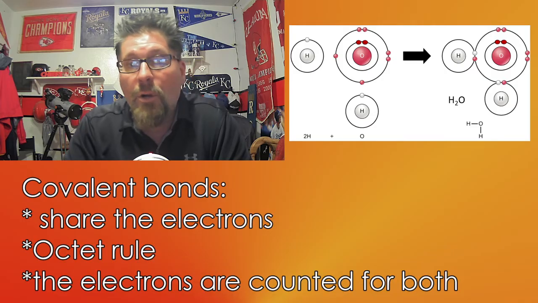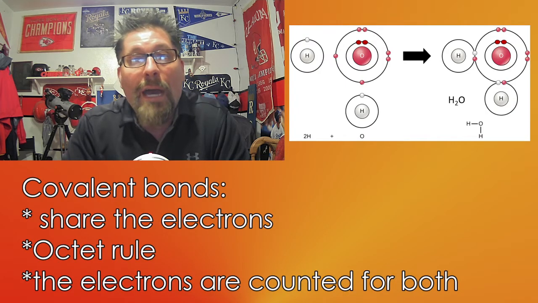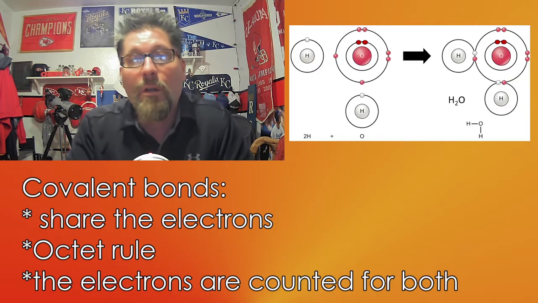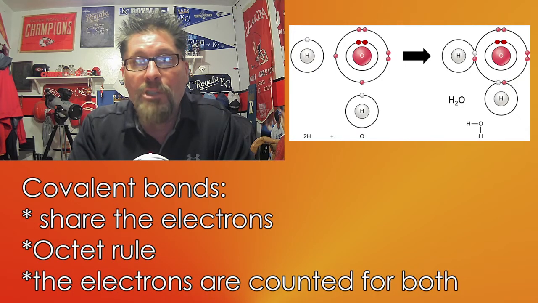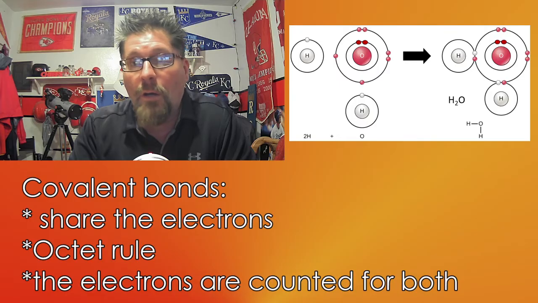Now, when we're talking covalent bonds, we're talking bonds that occur where the atoms share the electrons. You can see in our diagram that we've got two hydrogen atoms and an oxygen atom. The hydrogens have one valence electron on their valence shell. The oxygen has 6 valence electrons on its valence shell. And so when those come together, H2O, 2 hydrogens and an oxygen, that's water,